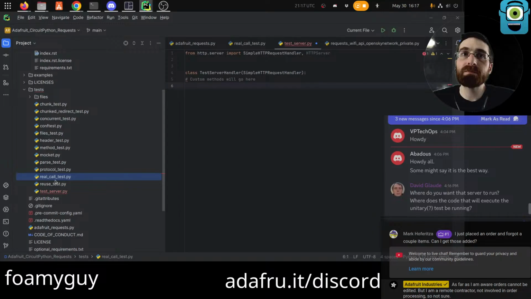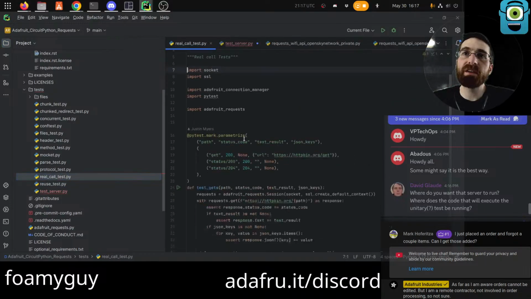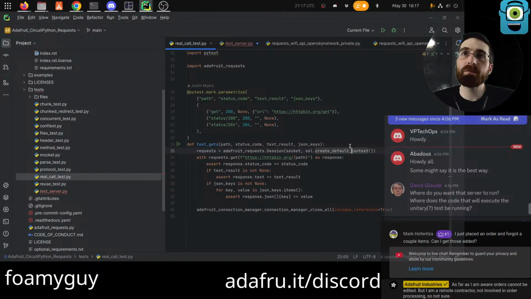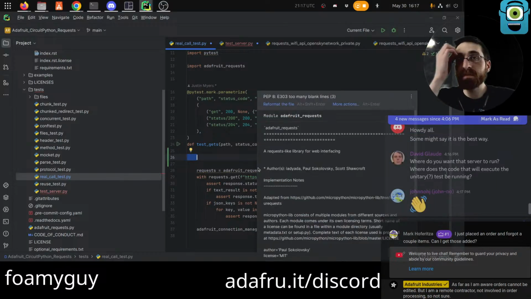So maybe what we'll need to do is make the server, and then inside of here, when the test starts up, launch the server right here. It's gonna have to be asynchronous somehow though, right?